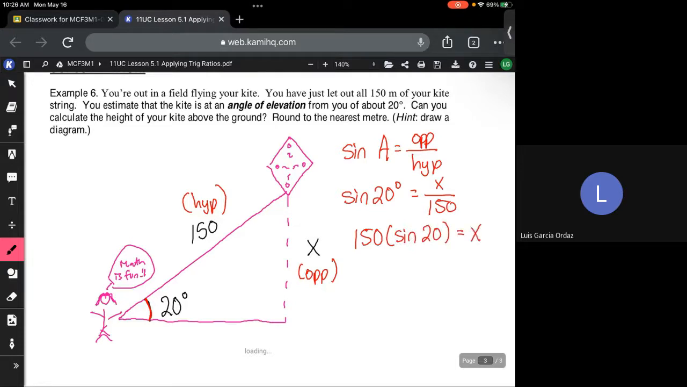Remember, we're rounding it to the nearest meter. So you're just taking your calculator and doing 150 times sine of 20. Round it to the nearest whole number. So everyone got 51.3? Therefore, x is just 51. So my therefore statement is: therefore the height of the kite